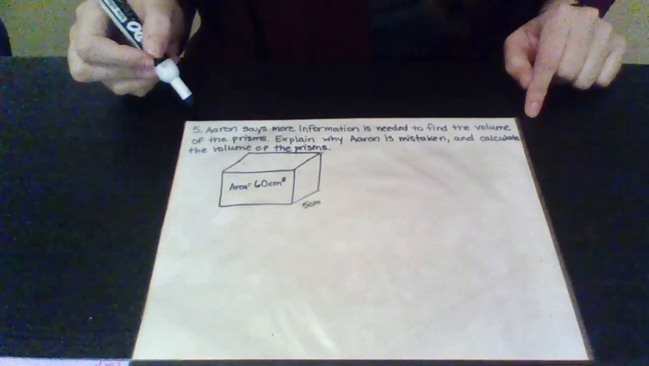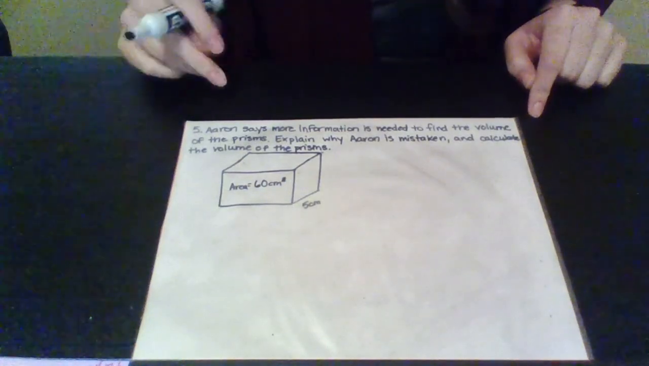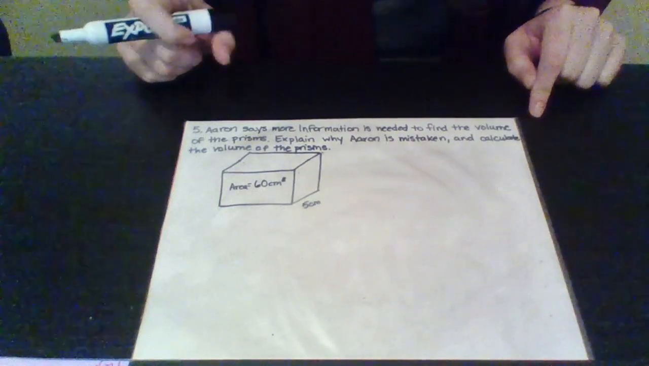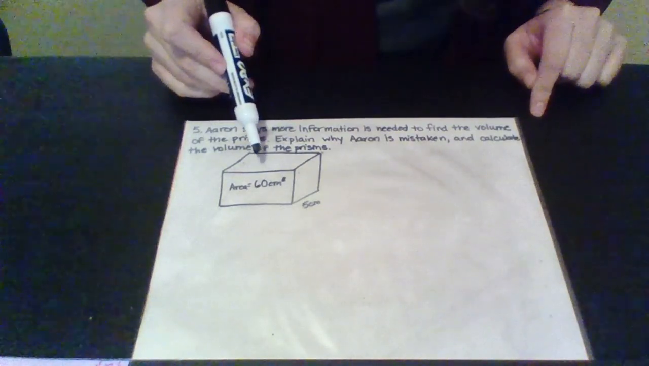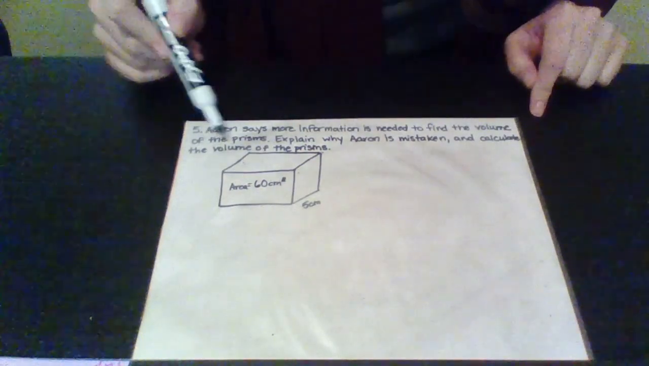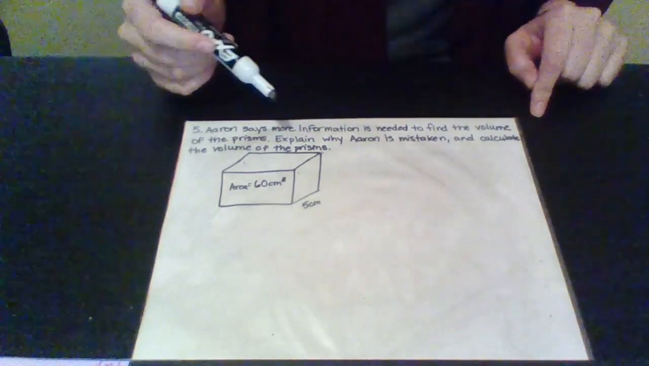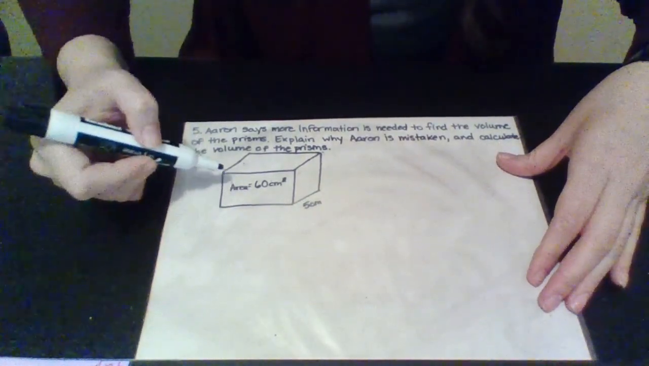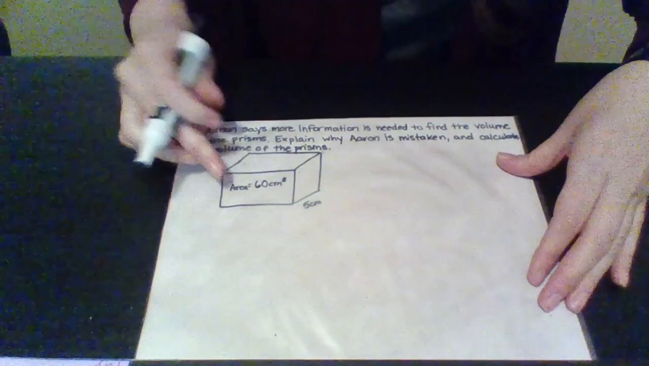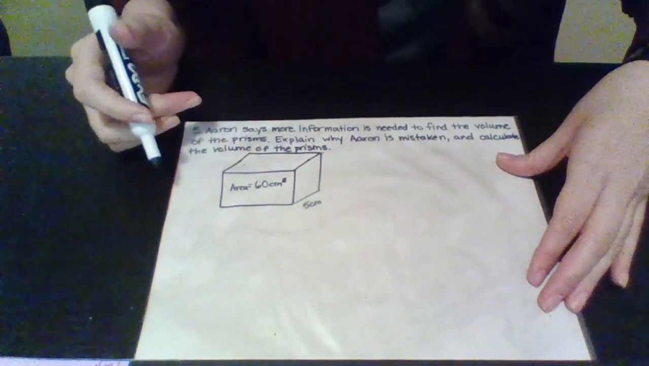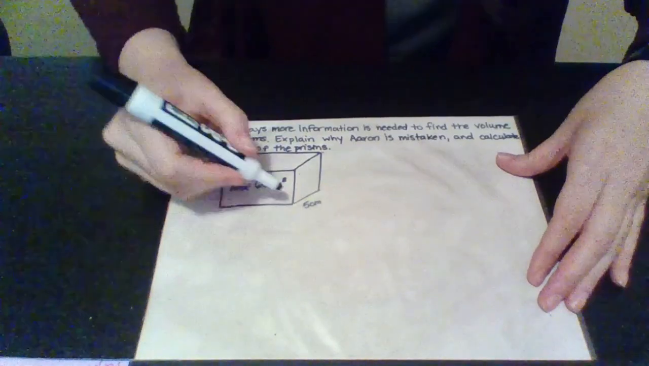So let's talk about problem set number 5. It says that Aaron says more information is needed to find the volume of the prisms, and I only drew one of the prisms. Explain why Aaron is mistaken, and calculate the volume of the prisms. So they've only given us the area, and we have to remember what we had learned in 4th grade and in 3rd grade about area, and that is its